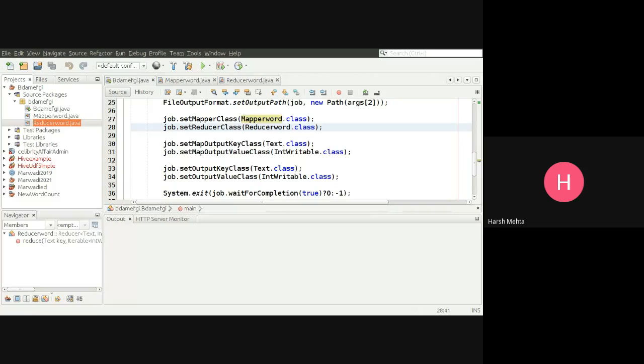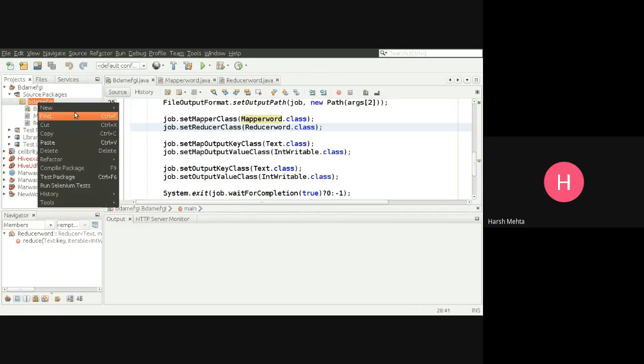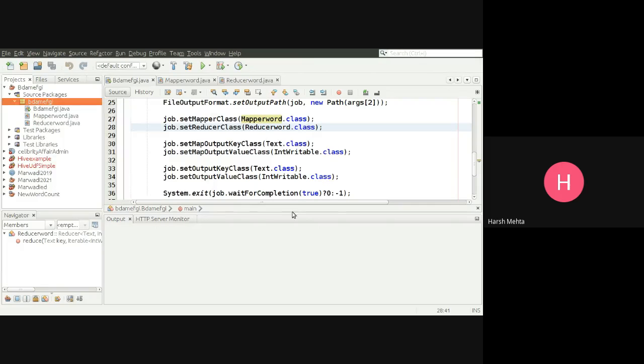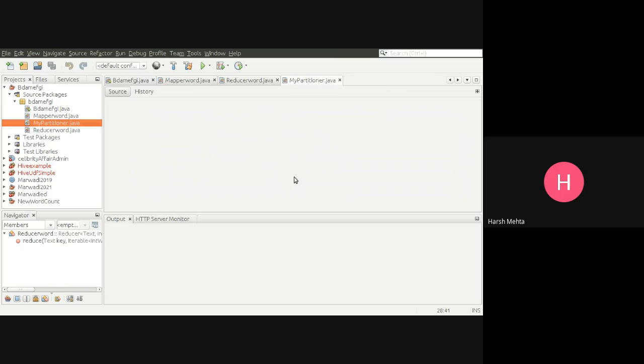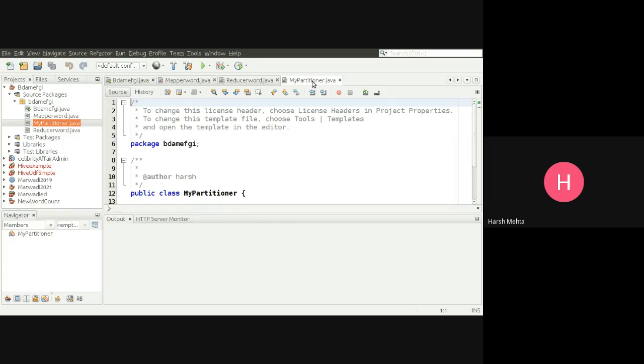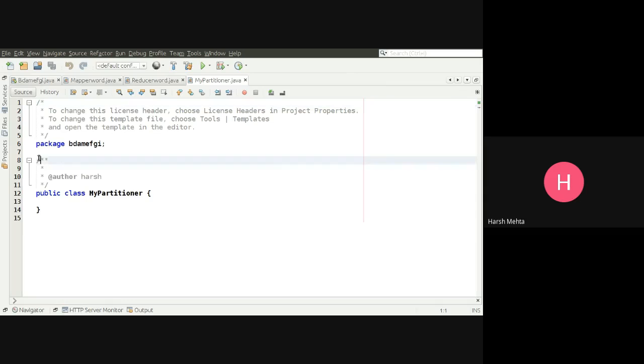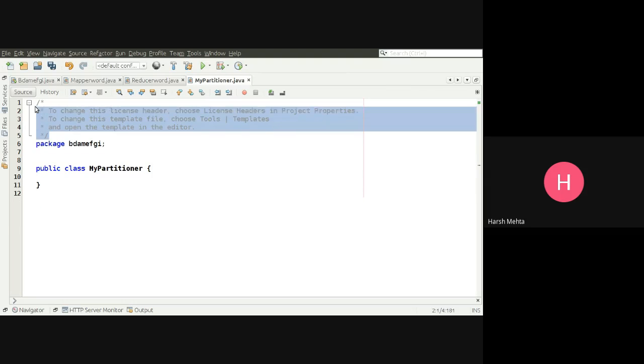So for that I'm going to make one more class, and give the name MyPartitioner. New Java class MyPartitioner. In which package? This MyPartitioner has to be in the same package. It comes with some boilerplate code, that means some code is already written. We can remove these comments so that we can see the clean code here.